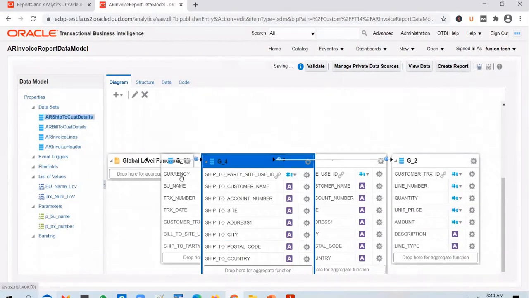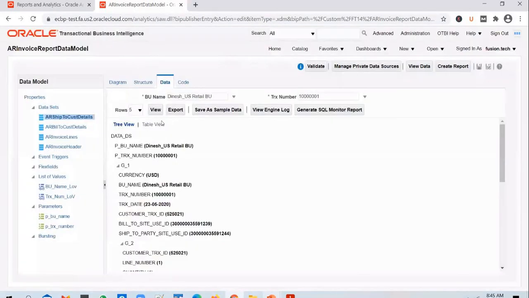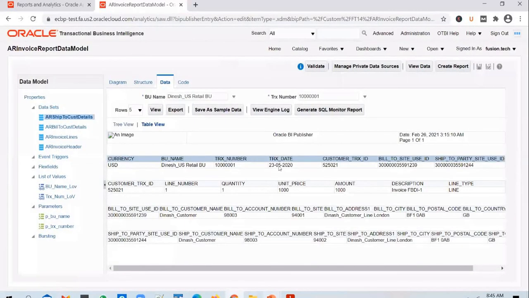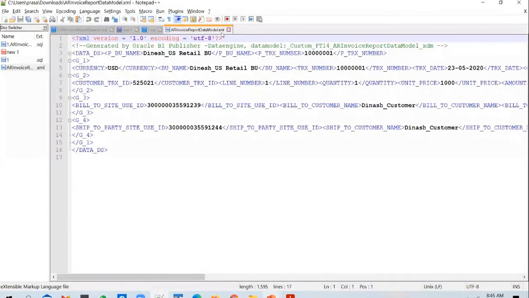Okay. And we have spent so much time, in fact close to 2 hours, to come up with this data model, right? So this is the toughest part with a BIP report. There is a long development curve involved. We have spent so much time, we have identified tables, came up with the join conditions, created these parameters, list of values and all that stuff. And just when we are about to think that we've got all the details and I can print this in a PDF format, if you try to export it, you notice that the output gets generated in XML format. So if you open up the output, in what format is it generated? It is in XML format.